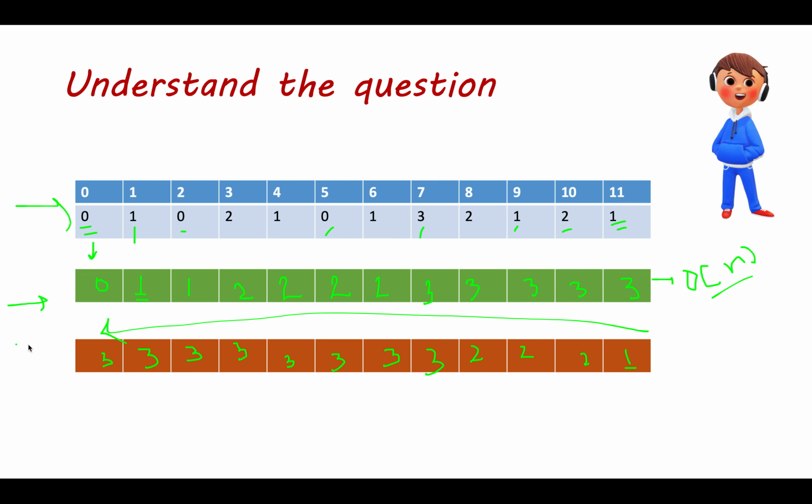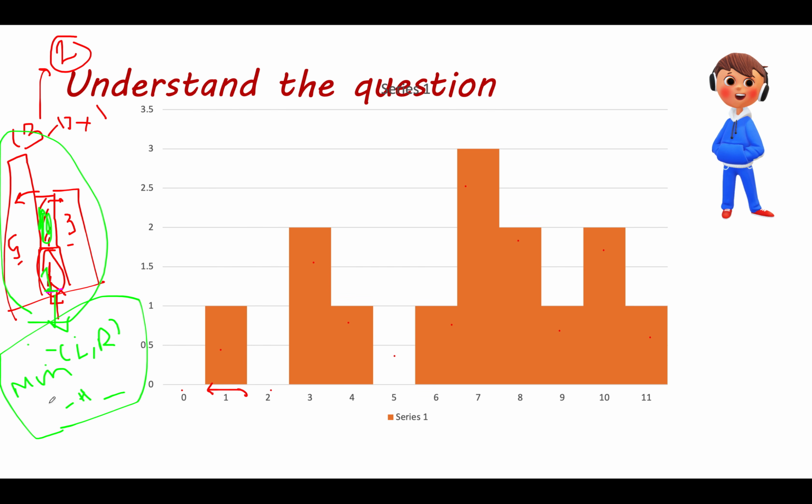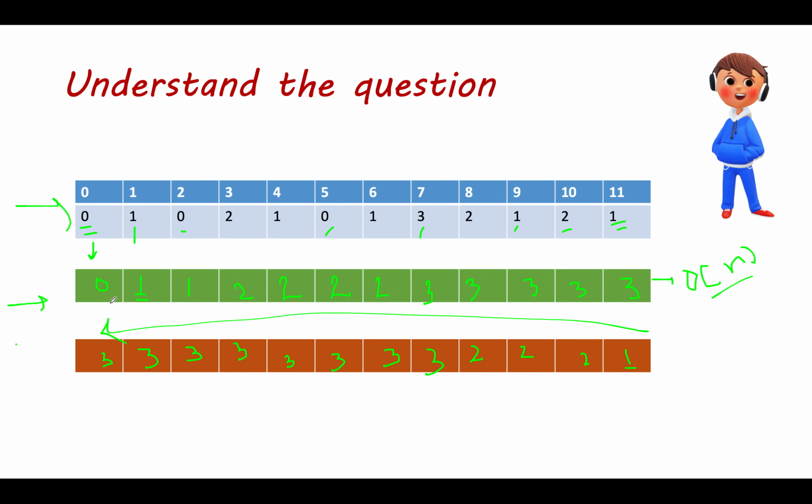Now using this information, let's compute our answer using the formula that we discussed in the previous slide: minimum of left comma right minus height for each index. So what is the minimum of left comma right? Minimum of left comma right is 0, so we won't do anything, we'll move ahead.